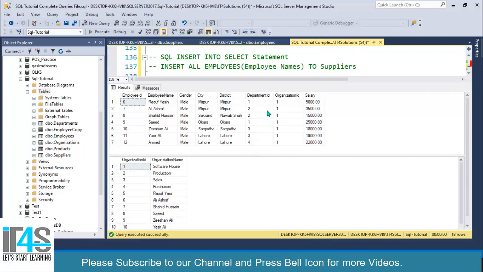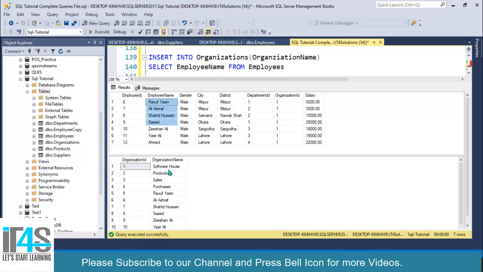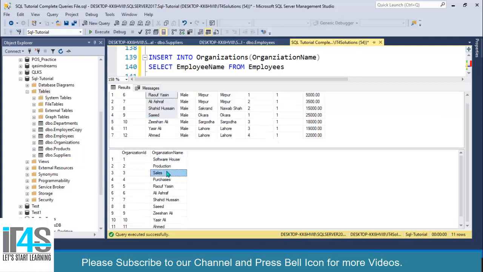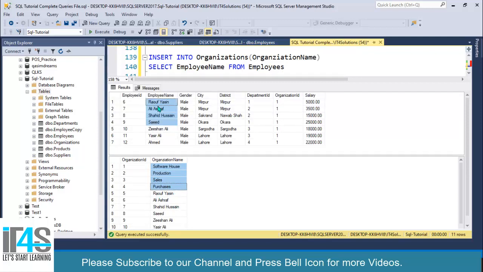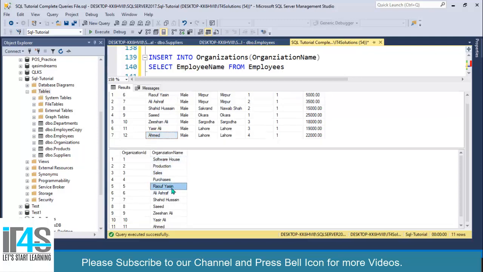Look at this, we have this organization table which contains the first 3 or 4 organizations by default, and then it contains all of my employee names, Rauf Yassin to Ahmed. And look at this, we have Rauf Yassin to Ahmed.